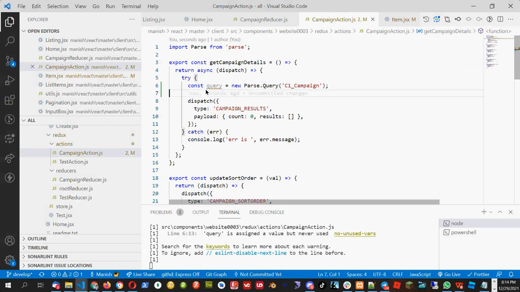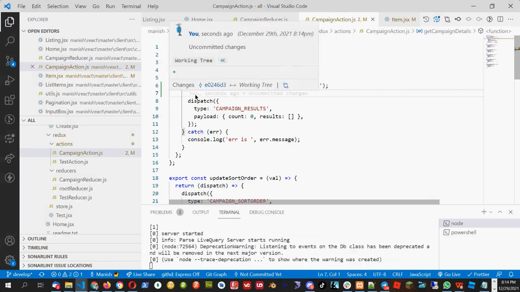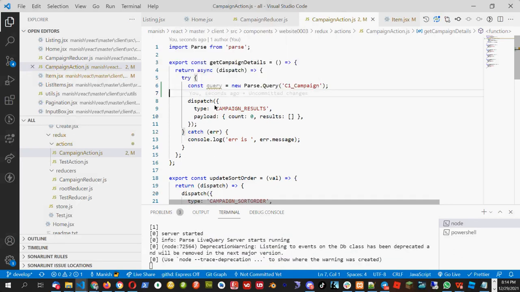Now we need to put some conditions here, or we need to call the record directly. So what will be the second line for this one? Okay, Shweta has the wrong answer. Shweta, you have to answer in private. Okay, query.query is not the thing. Parse.Query is the right syntax. And you have put this empty. You have to put the table name here. Always put the table name here, which you have to query. What will be the second line?